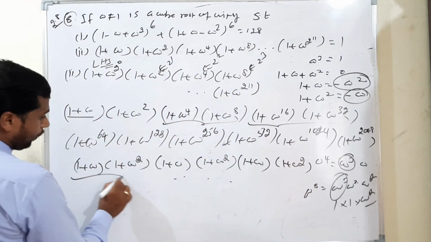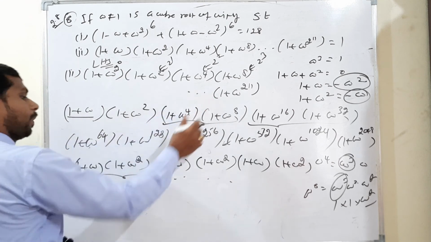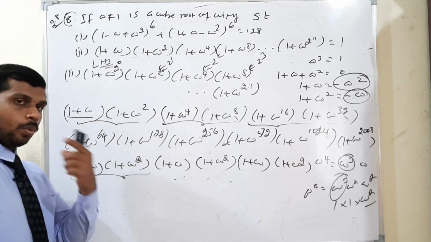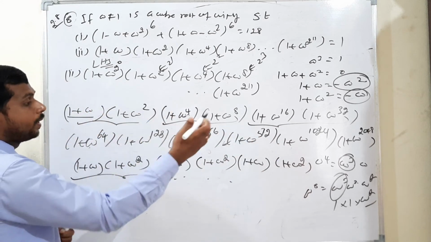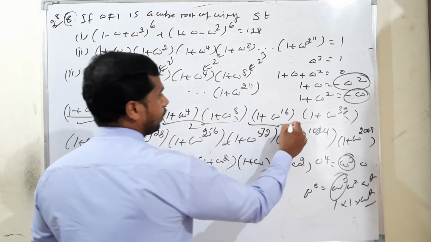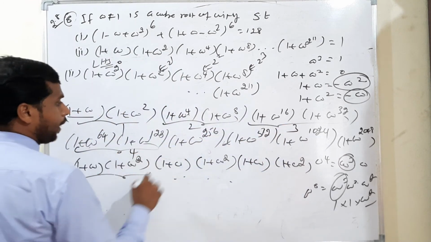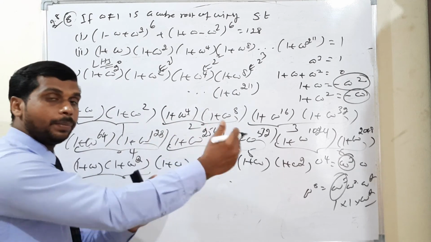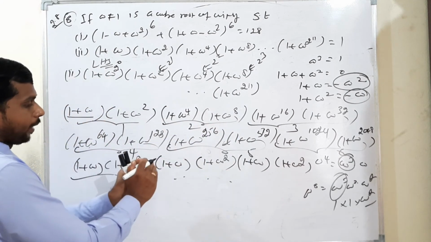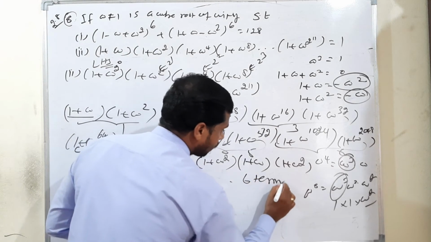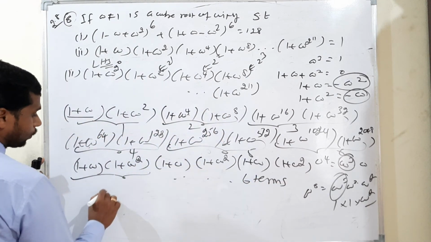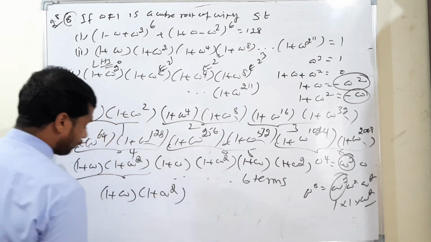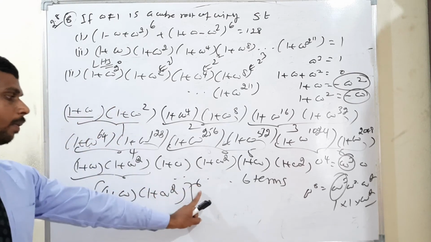So see, up to dot dot dot. First two pair, the term we have is 1 plus omega into 1 plus omega square. Second two pair, the same pair will be repeated. So each and every pair, instead of two groups, we have one pair repeating. Up to how many times? This is first pair, second pair, third pair, fourth pair, fifth one, last one sixth. So totally sixth pair will be repeated. Therefore we can write 1 plus omega into 1 plus omega square dot dot dot up to 6 times. Therefore we rewrite the summation as 1 plus omega into 1 plus omega square, the whole power of 6.